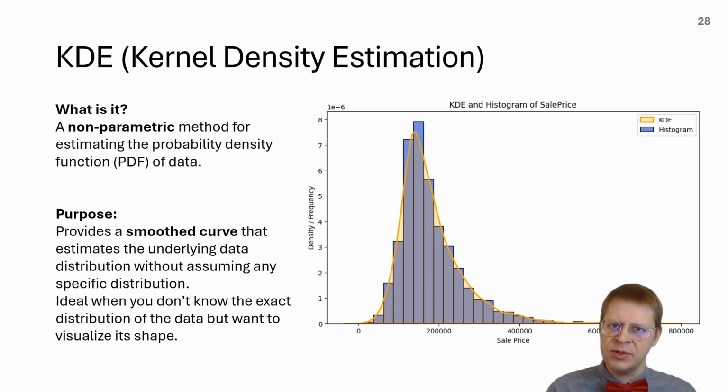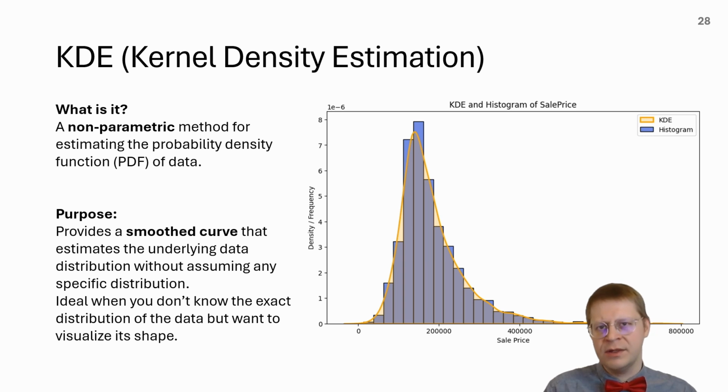Kernel density estimation, or KDE, is a non-parametric way to estimate the probability density function of your data. Unlike histograms, kernel density estimation doesn't rely on fixed bins. Instead, it produces a smooth curve that gives a better visualization of the data's underlying structure. This is especially useful when you are unsure about the form of the distribution and need a continuous approximation to